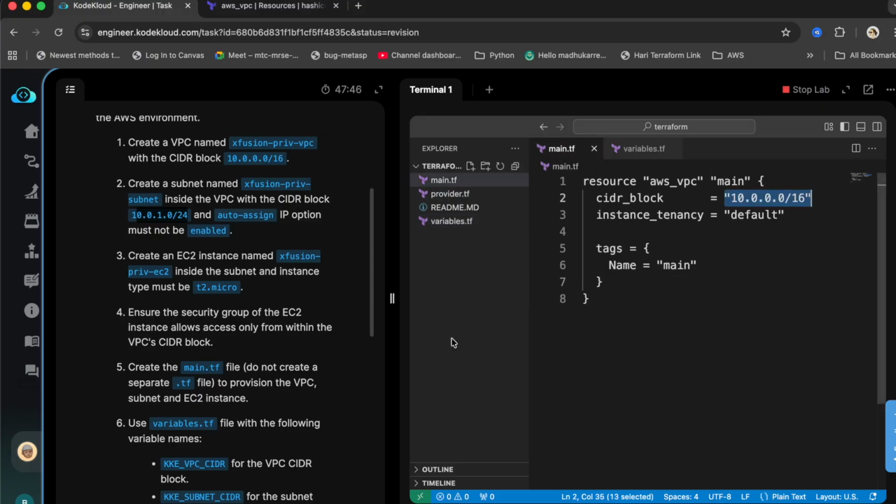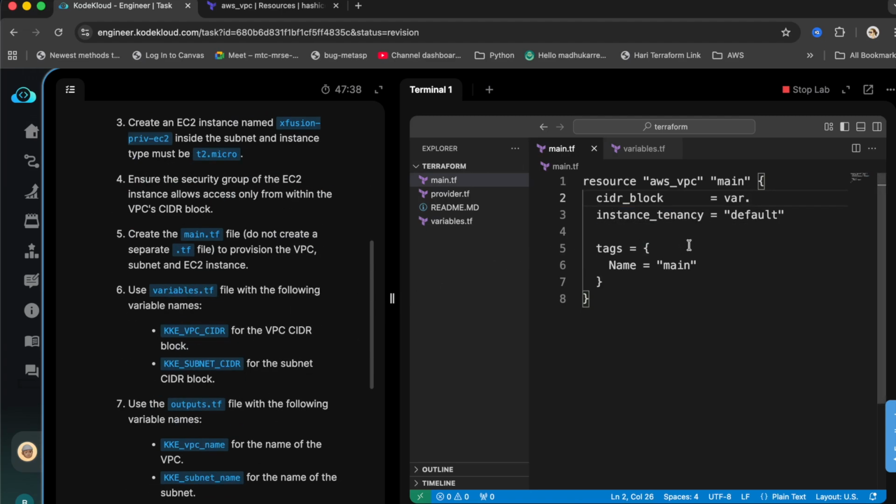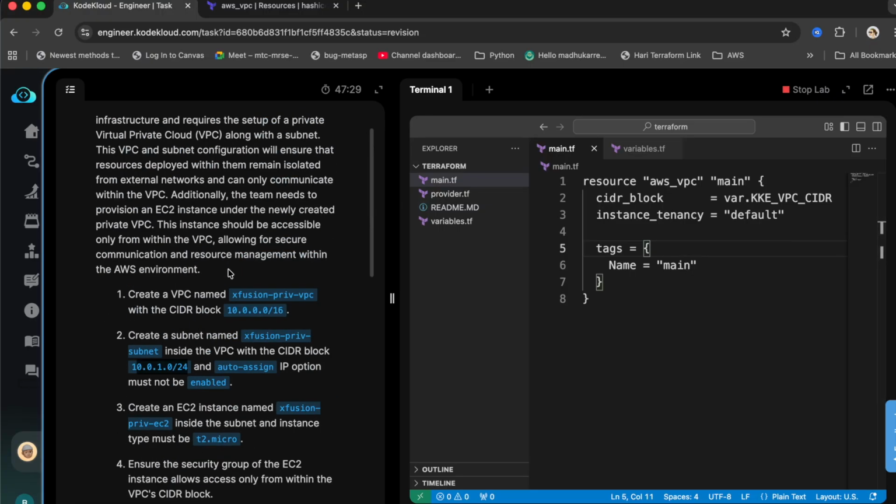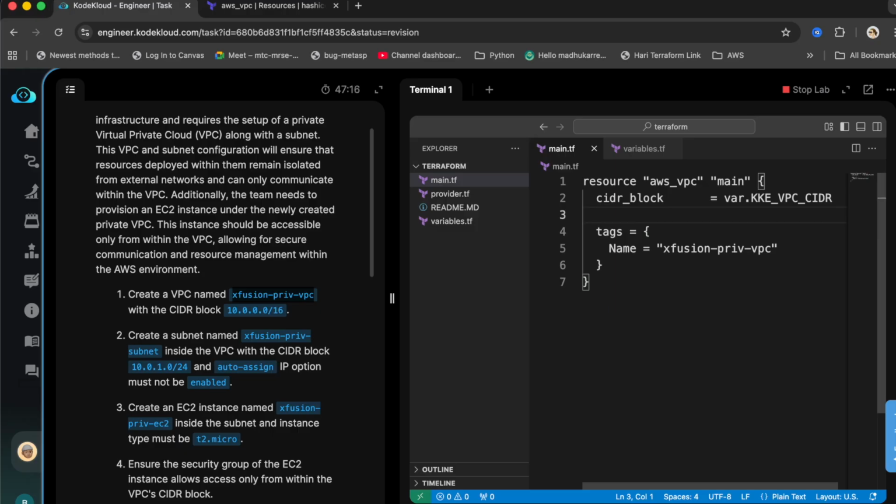Now jump into main.tf, and then we need to refer to it. So the syntax is var, that's a variable, dot, and the variable name. So that variable name is KKE VPC CIDR, right? KKE VPC CIDR, and then this VPC name should be Xfusion VPC. So I'm just gonna put this in tags. So we don't need this part, and then